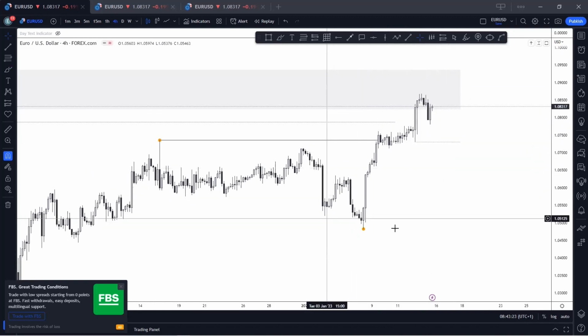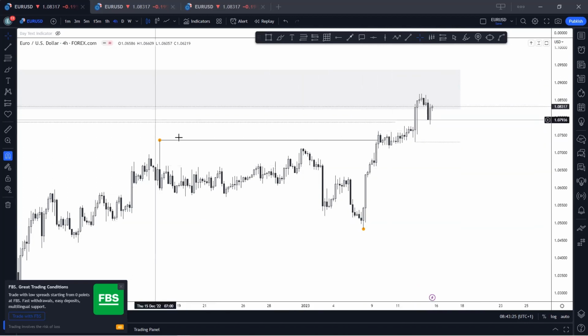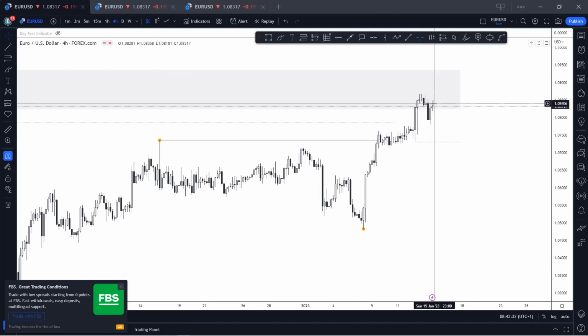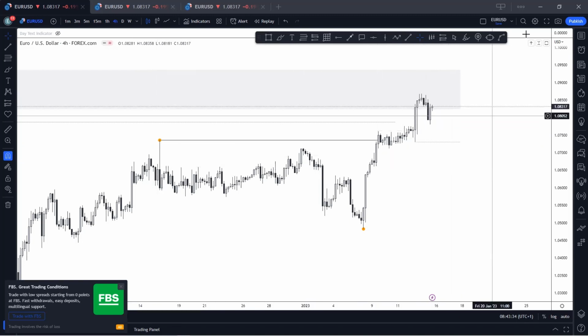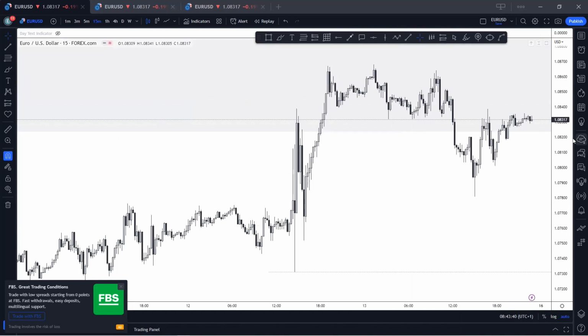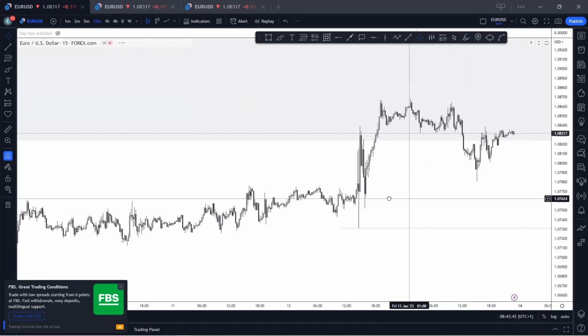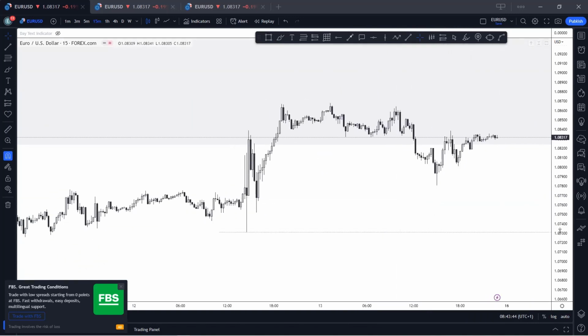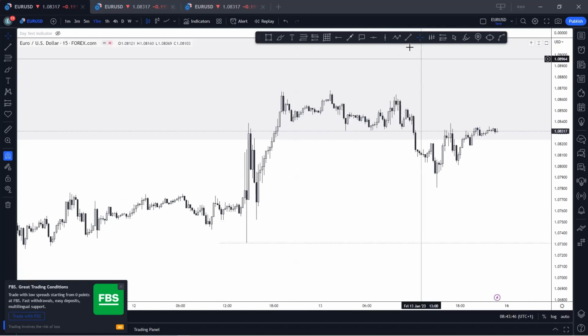On the 4 hours, you can see now that we have impulsively broken the previous high. So we have taken external liquidity. All I'm waiting for is for us to take internal liquidity, and then we continue to the upside. So going to the 15 minutes, which is our intraday time frame, what can we see? Interestingly, we can see that